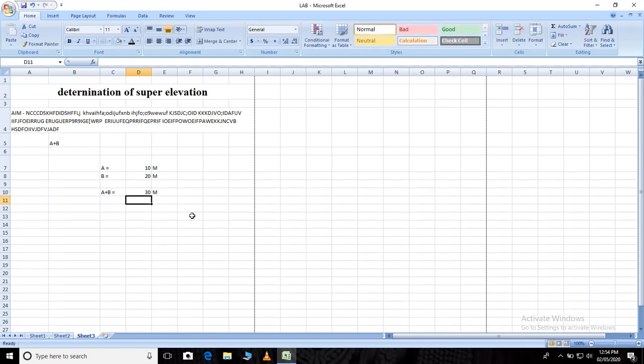So you can see here a plus b is equal to, that is 10 plus 20 is equal to 30. So how we have done that, I will explain once again. For any equation you have to press equal to always. So you click on A, then write plus, you click on B, then say enter. So that is A plus B is equal to C, that is 10 plus 20 is equal to 30 meter. Okay, later I'll just change the value of A, so see what will happen here.